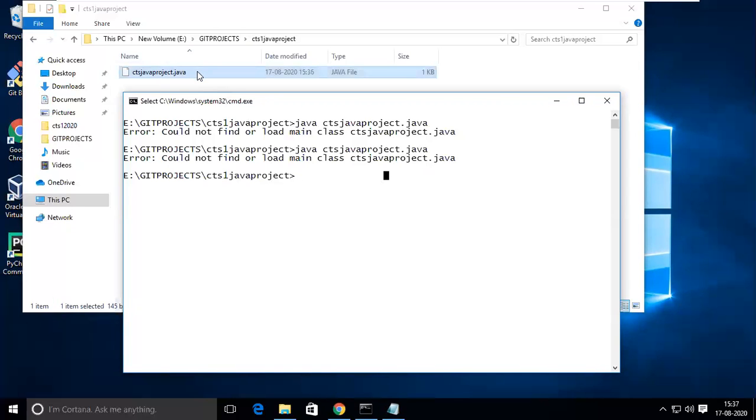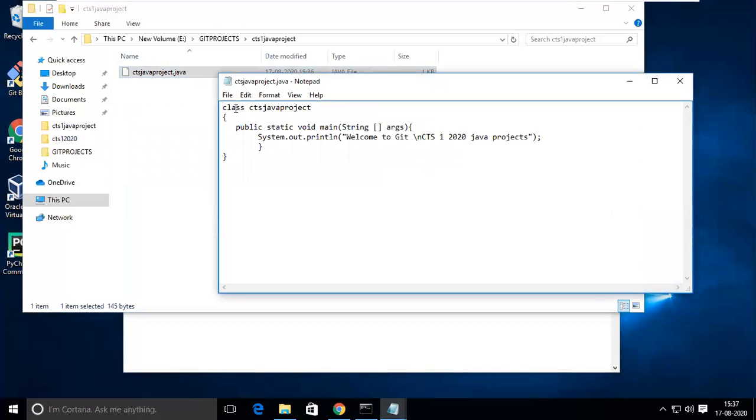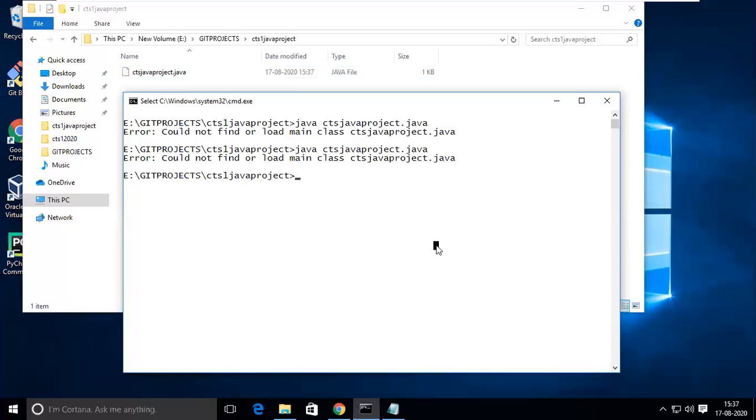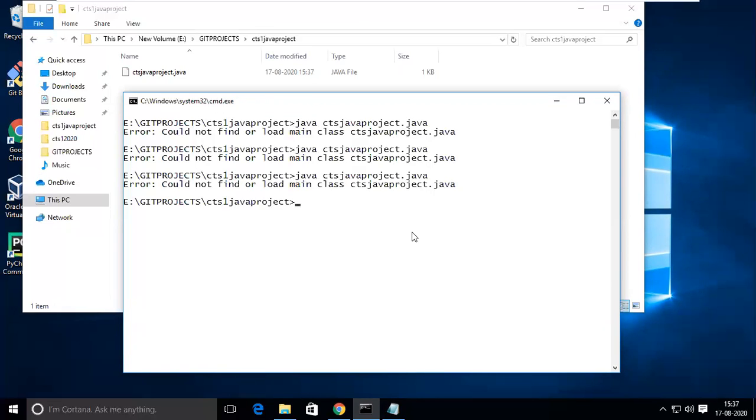So I will use public class Java project only. I don't know, maybe a problem with my Java. Otherwise, it won't execute, right? If I have a problem with Java, then it won't execute.